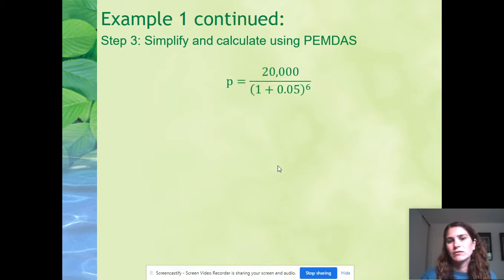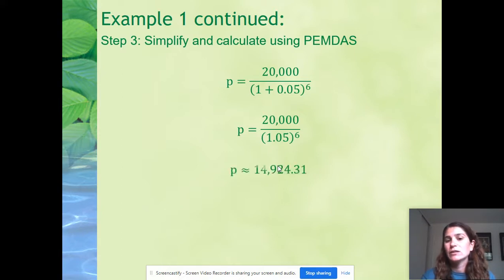So we have our 20,000 now divided by 1 plus 0.05, making that fraction a decimal. And then we're actually able to do 6 times 1, which is just 6. We can still simplify with PEMDAS again. So now we are doing the addition inside the parentheses, 1 plus 0.05, we get 1.05. And then it's going to be exponents, which is 1.05 to the 6th power. Hit enter, and then you're going to do 20,000 divided by whatever value you got for that 1.05 to the 6th power. It should be approximately